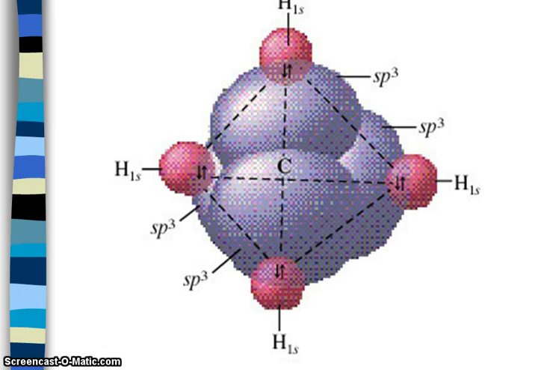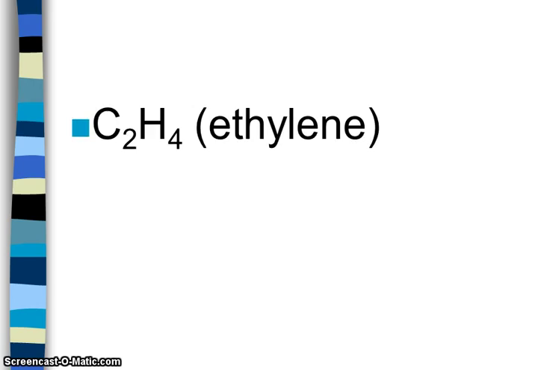If we look at our methane molecule now, we've got our carbon in the center. It has four equivalent sp3 hybridized orbitals. They each overlap with a 1s orbital on hydrogen, and within those overlapping orbitals, a pair of electrons is shared. Let's look at ethylene,